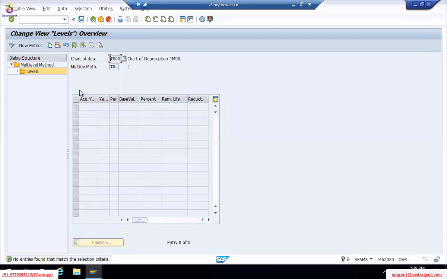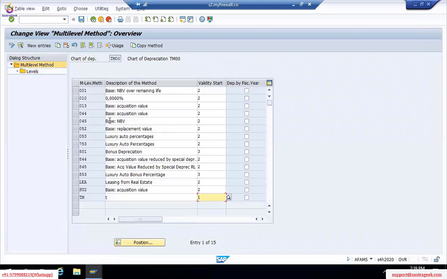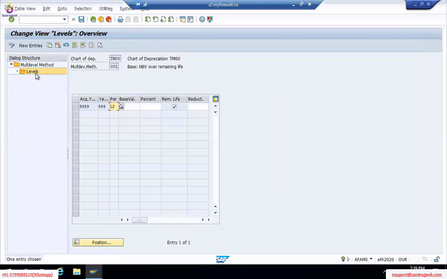See, we haven't created anything in a multi-level method. Percentage where we mentioned, nothing we mentioned. Okay, so last session what we did, we just created one percent method, but at the time of assigning, we thought of 001. For that reason, we did not create any levels. Here also nothing is there. So it will not pull out anything. In multi-level methods, I'll connect you, 1 second, wait.